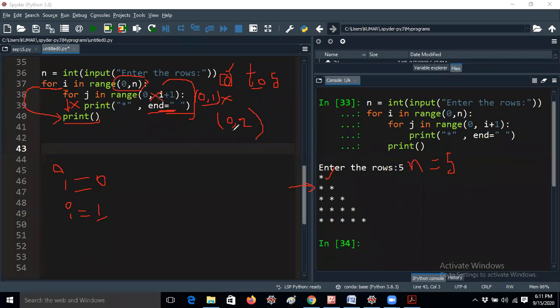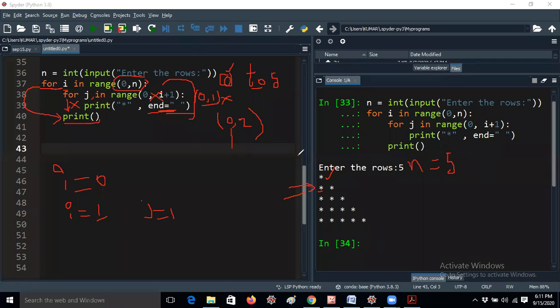That means here 0 comma 2 means the first value of j will be stored as 0. After the new line, the cursor is there right now. It will print a star now. That means this star will be printed for the j value 0. After that, j will be automatically incremented to 1. 0 comma 2 means you will get only two values, 0 and 1.